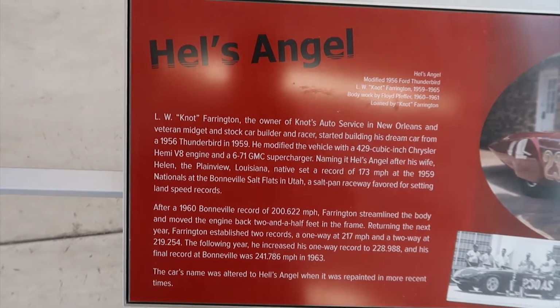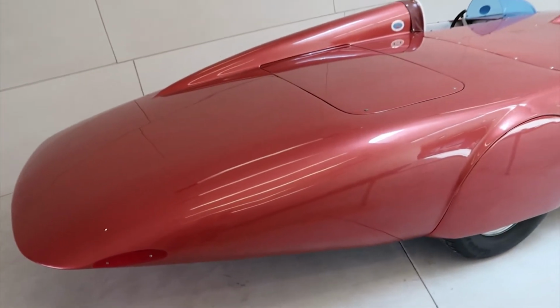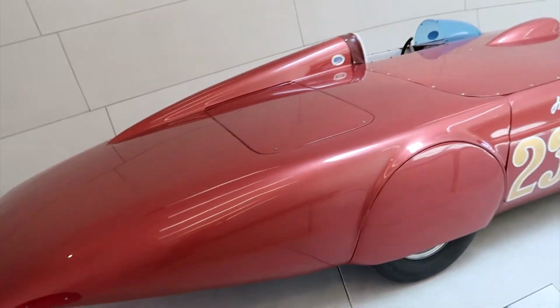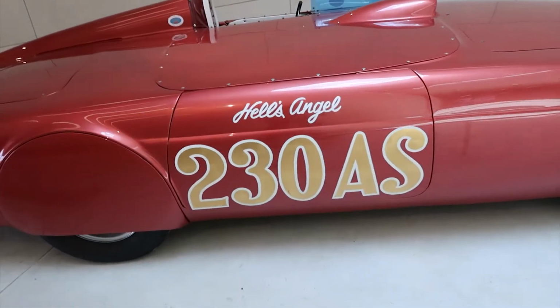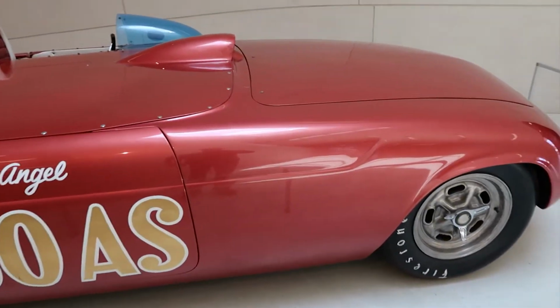And if you can freeze that, you can read that. But yeah, that's what you do. You get your hands on a Thunderbird and you turn it into something like this. Look at that. I mean, the Thunderbird was cool already, but when you do this to it,